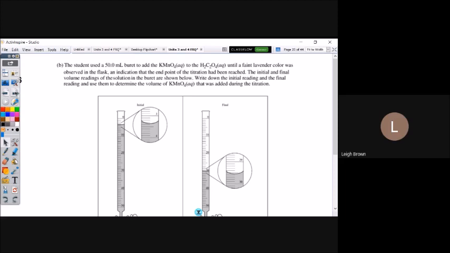Okay, so you've got initial and then final, and it's even labeled. When we need the change, just like a change in temperature, a change in volume for something like this is final minus initial. So you had to have both numbers written down, and then you had to subtract them, final minus initial. Just look at these and tell me how many decimal places your answer has to go to based on what we did earlier. Is it 1 decimal place or 2? How are we supposed to know?